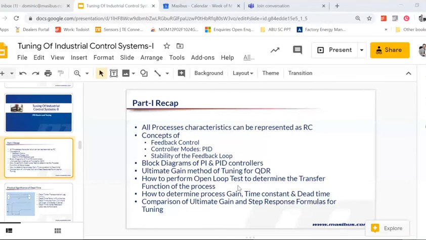Sir, can you please press the F5 button? It will refresh the screen and you will have to log in again, sir.